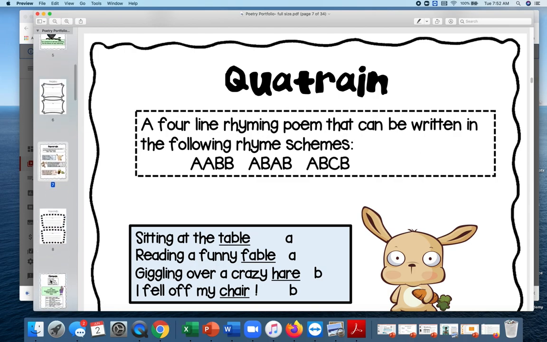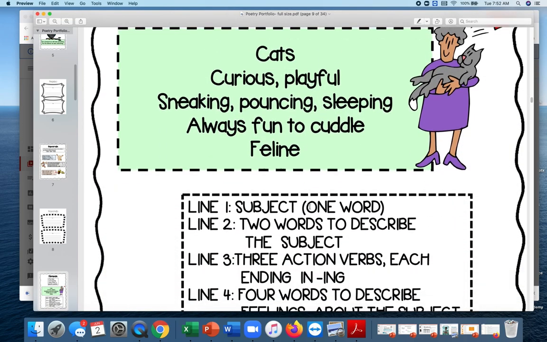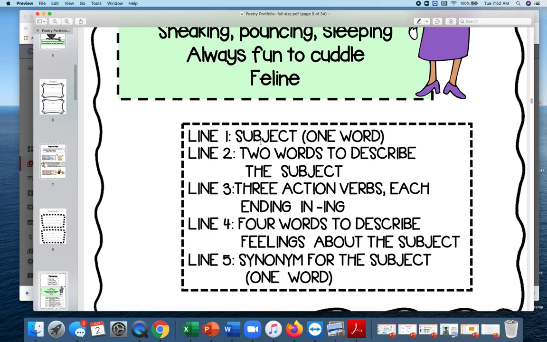Okay, so then our last one that we're doing today is a cinquain. The root word of that is cinq, which would be like 5. So this one is 5 lines, and the other rule is it's a non-rhyming poem. But the key thing is the lines have to follow a specific pattern. Basically line 1 says a subject, which is only 1 word. Then line 2 has 2 words to describe the subject. Again, these should be like adjectives